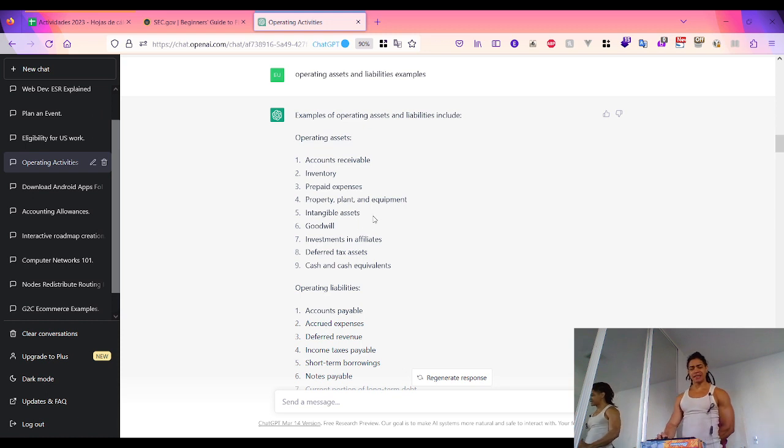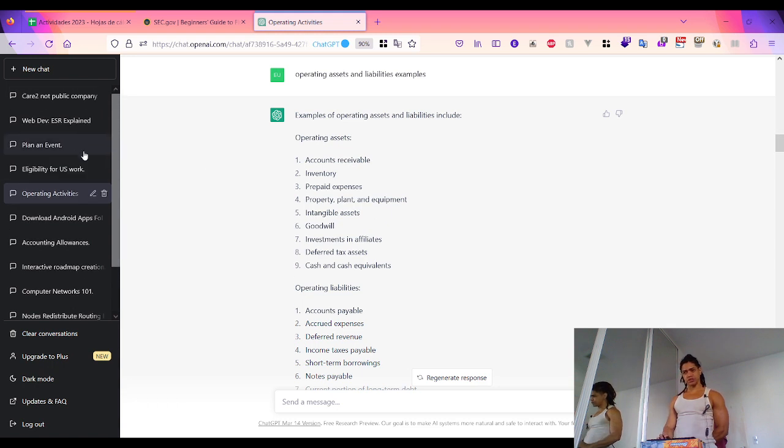Another thing among the operating assets, especially when I look at the investment in affiliates, which are companies, or a company that invests in another company with the sole purpose of gaining a strategic advantage or earning a return from the investment. So joint ventures, a partnership between two or more companies to undertake a business activity. And when I look at the specific business activity,